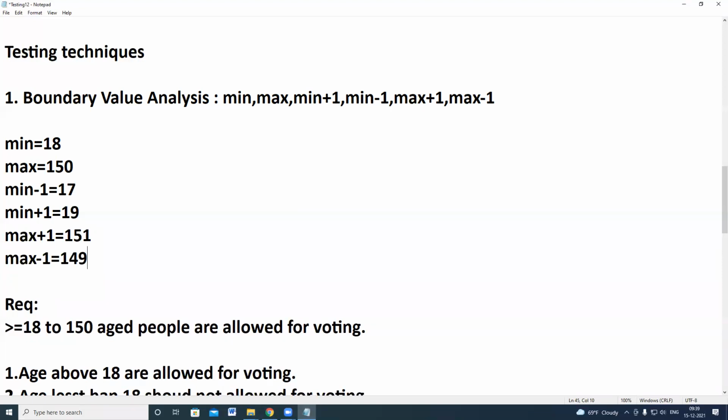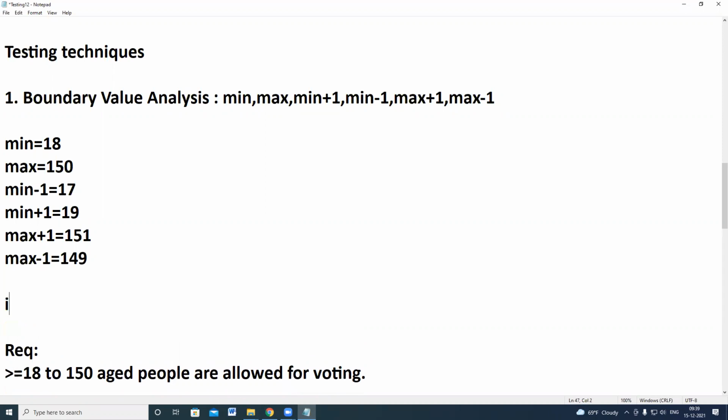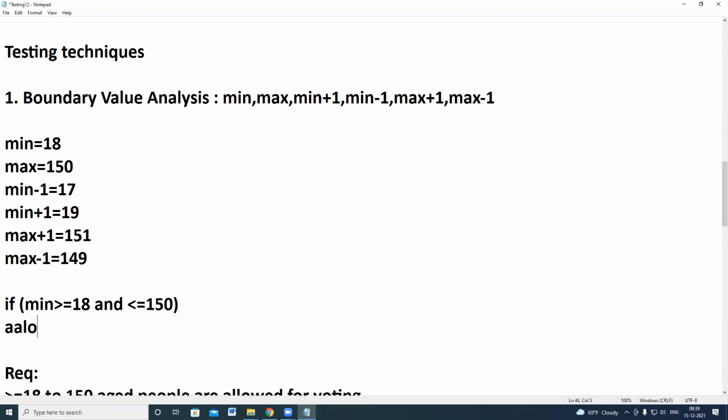Correct or not? Because generally the developer will write the condition like this. For this requirement, he is supposed to write: if age is greater than or equal to 18 and less than or equal to 150, allowed for voting.